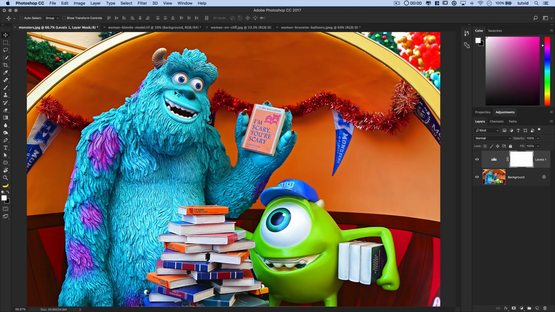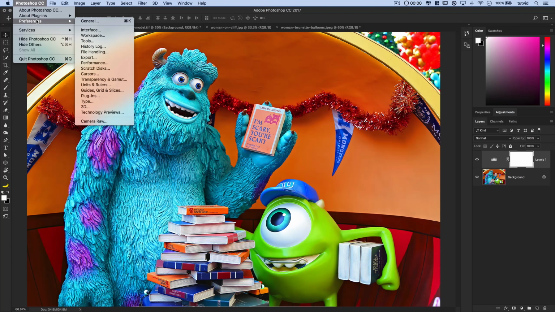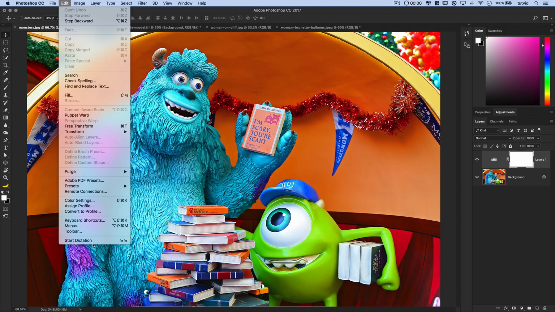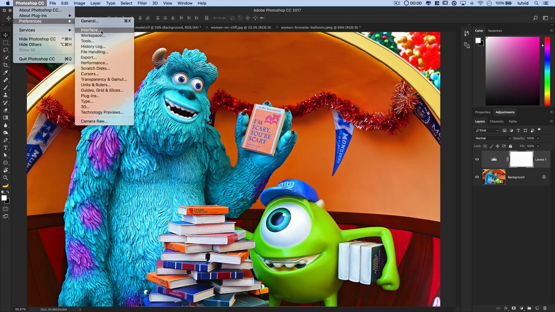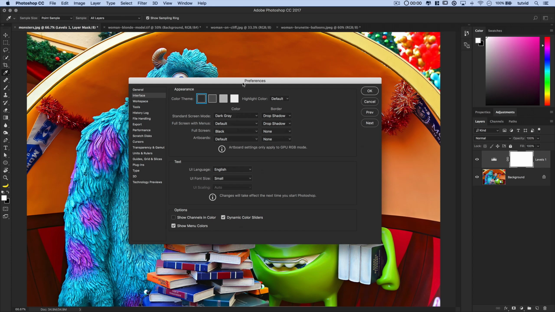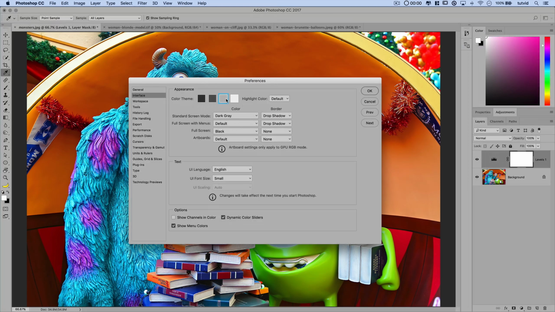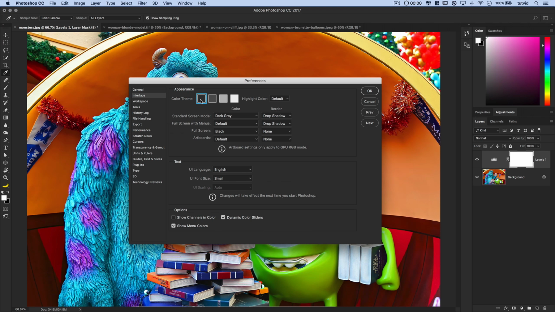Now, one of the things that I really love, moving on to number 4, up here under Preferences, Photoshop Preferences, or if you're working on a Windows machine, it'll be Edit, and your preferences will be down here around the bottom. Photoshop Preferences, we can choose Interface, and we have some options here in terms of an overall color theme. Now, when I'm working in Adobe Photoshop or Adobe Lightroom, I tend to like to keep the UI very dark. I just associate working in a darker environment with that dark room, working on photos, working on pixel-based